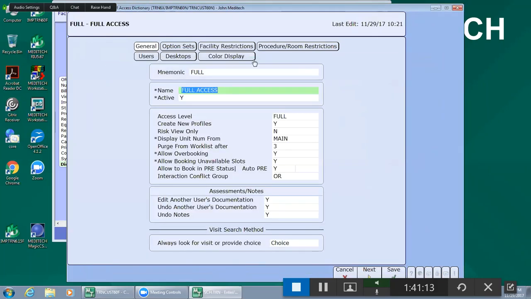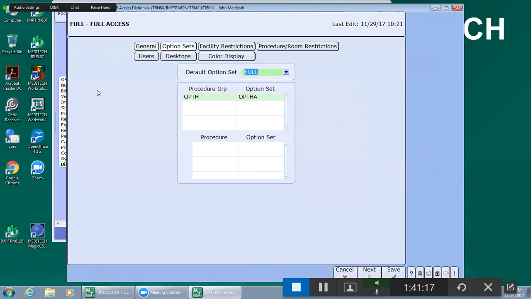So I know I'm in the full access group. There's the option sets tab, and this would determine which option set is actually used. So our default option set is full. So I get that full big option set with all the record sections. However, down below,